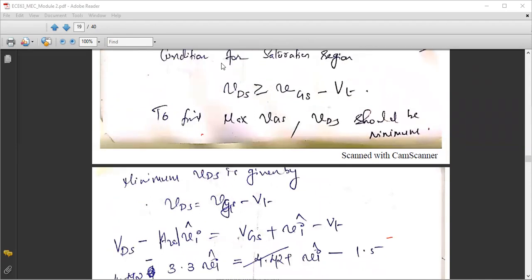Even though this is your condition, we will take only the minimum condition, that is VDS is equal to VGS minus VT. Minimum condition means the equality symbol should be there. You know that small letter v with capital suffix indicates the combination of AC plus DC, right? So in the next step, we are going to represent it as a sum of DC plus AC together instead of the alphabetical form.